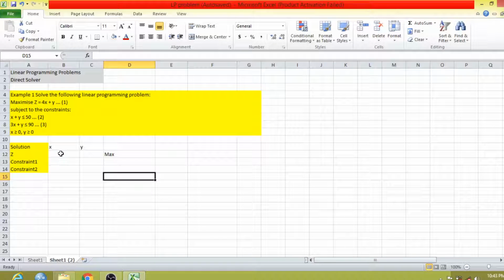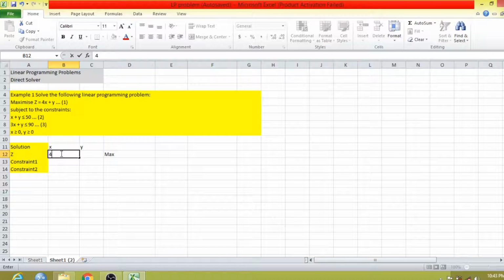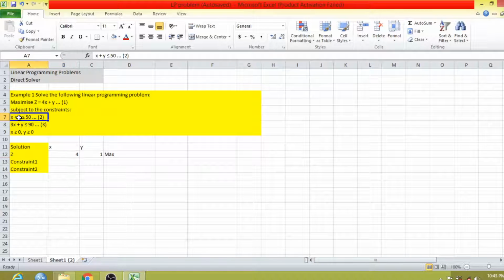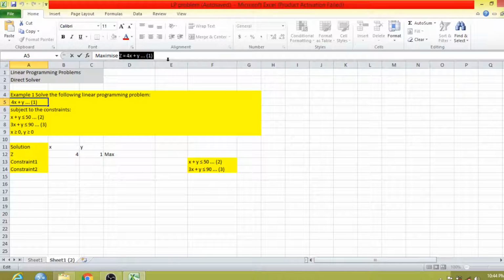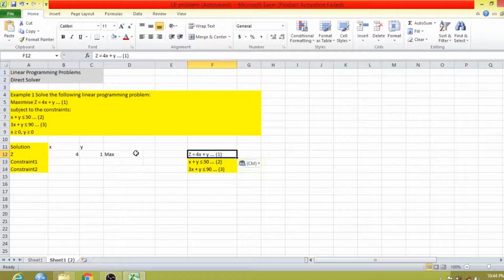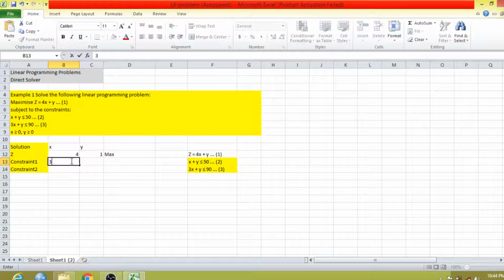Now the value in the objective function for x is 4, y is 1. For constraint 1 as per the given equation it is 3, 1.